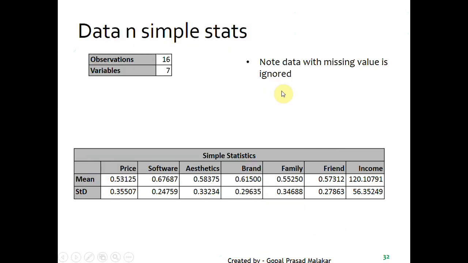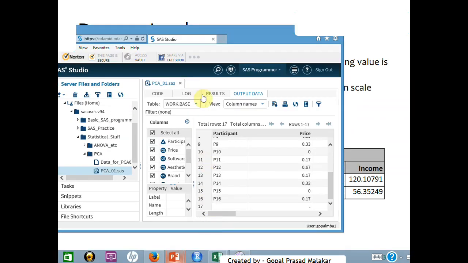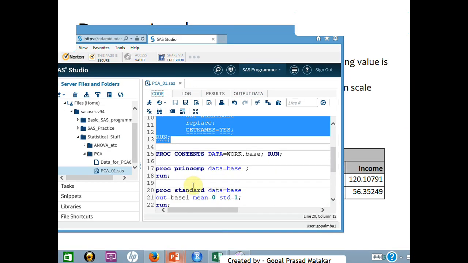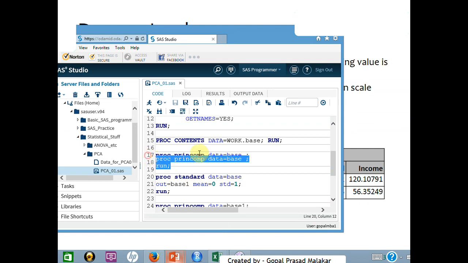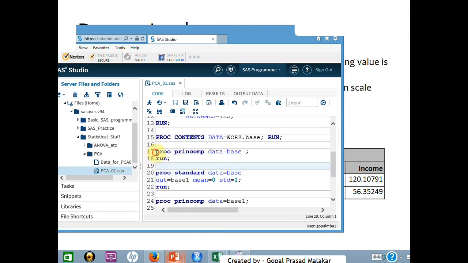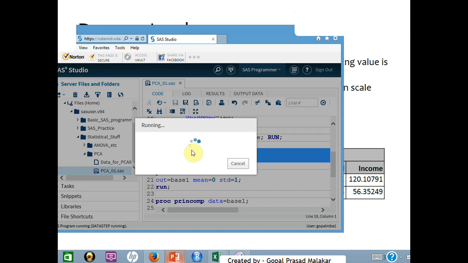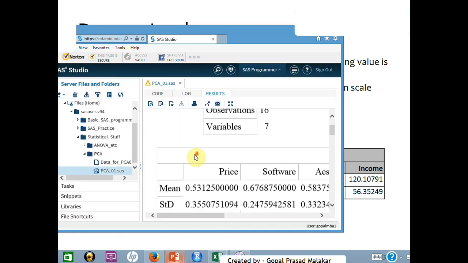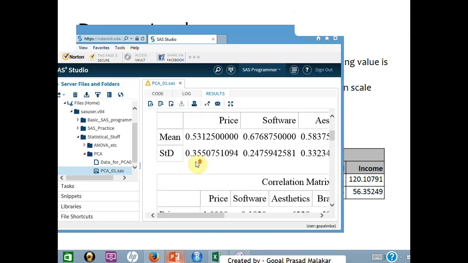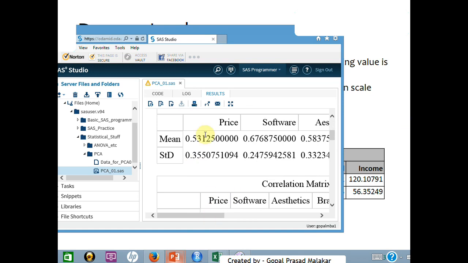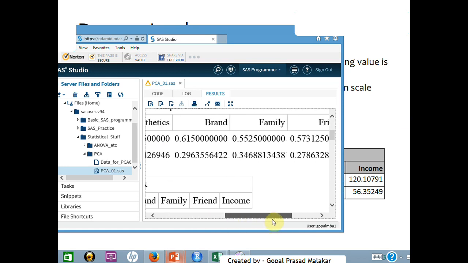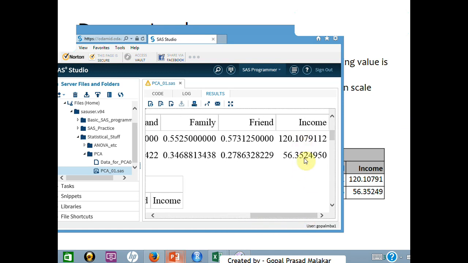So SAS ignores the missing values, and you observe the difference in the scale. These are the values when we converted to the 0 to 1 scale, as you are seeing. Let me run it once again so that I can show it to you from time to time. So when you are running this, these are standardized, scaled values when we converted to 0 to 1, but this is very much the raw value that you are seeing.